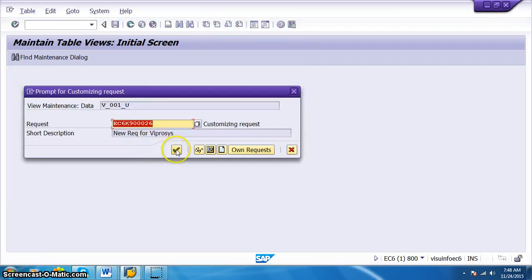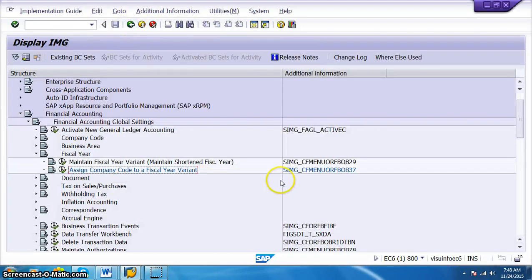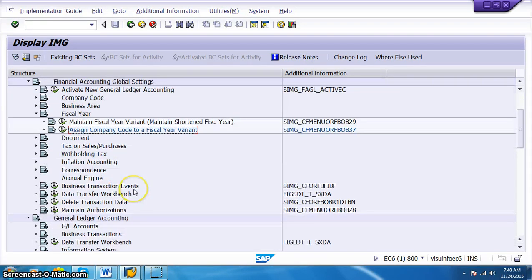Save it, and this is what we have back. So assign the fiscal year variant. This has been done. Once it's been done, we go ahead with the posting periods.